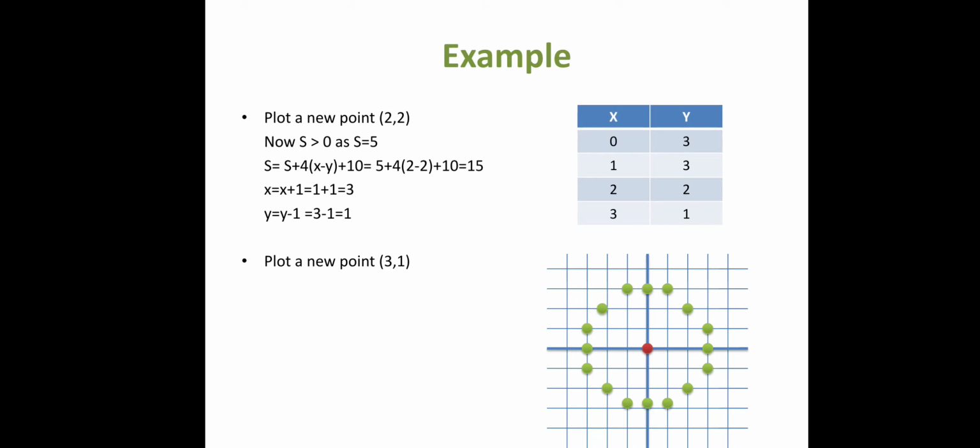So, in this way you can see here we are forming a circle. If you draw a line passing through these points, then it will make a circle, right. So, in this way we are finding only 4 points, right. This point we have found, this point we have found, and this point we have found. All other points are replicated by using this octant symmetry property. So, no need to find the rest of the points, we are just finding this half of the points and we are replicating those points.